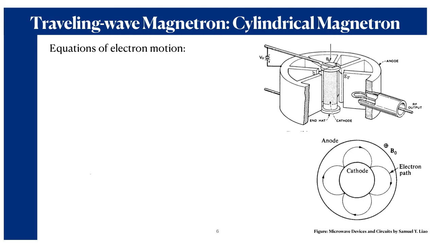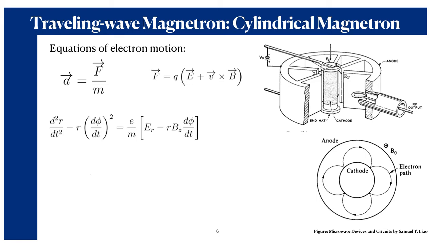Let's see what should be the equations for the electron motion. Now, as the electrons are being accelerated, the fundamental equation that we should follow is this one here. This represents the acceleration of the electron, this is the applied force, and this is the mass of the electron. Since both the electric and magnetic fields exist, the force can be thought of as the Lorentz force over here, and the acceleration can be represented as shown in this expression.